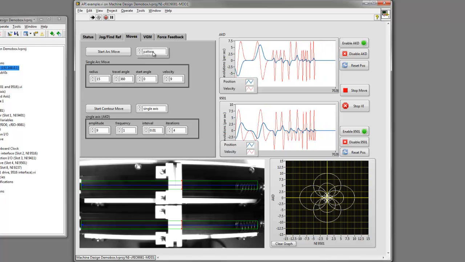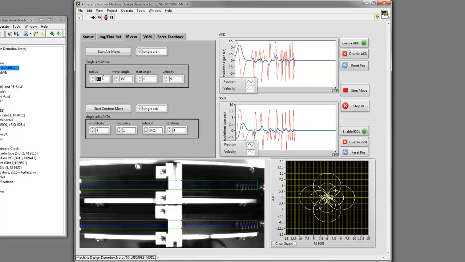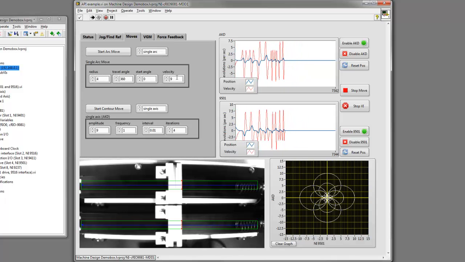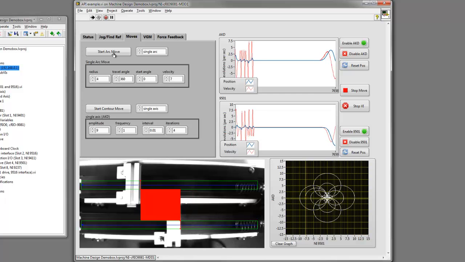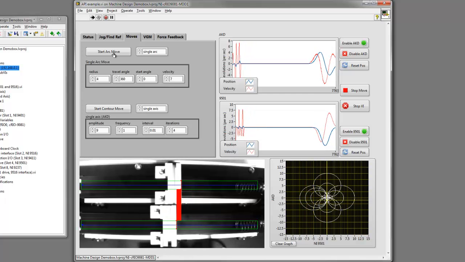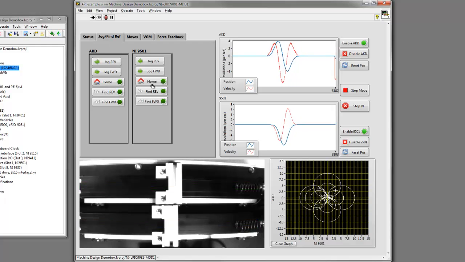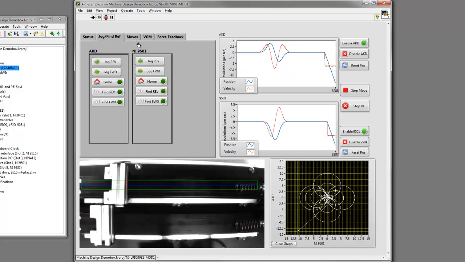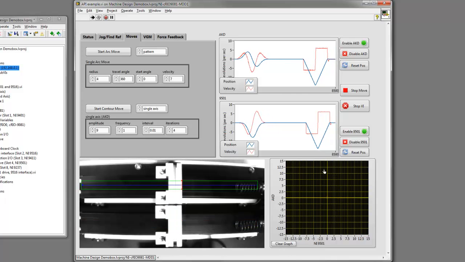I can also do a single arc move. So if I want to do a very small arc move, just do something like this. And that's my single arc instead of a pattern. I can also go back and home these guys again. Go ahead and clear my graph